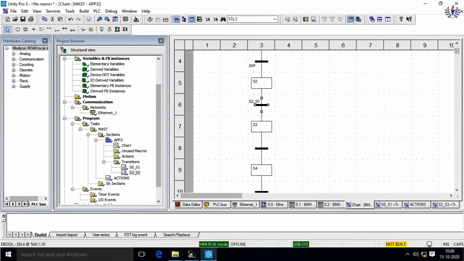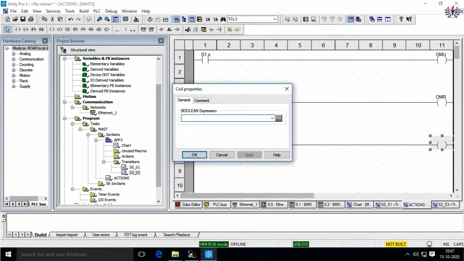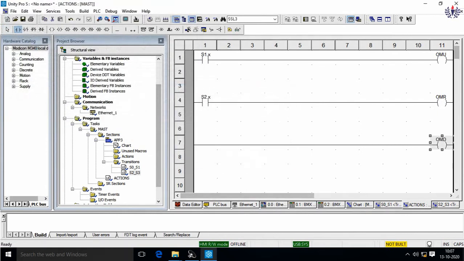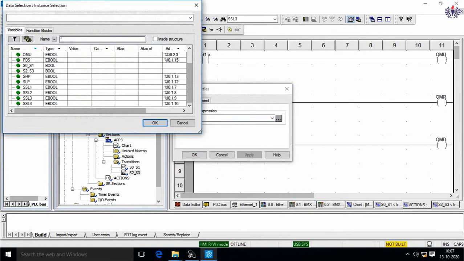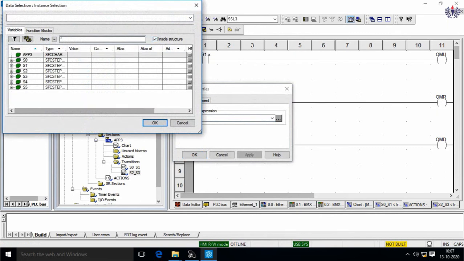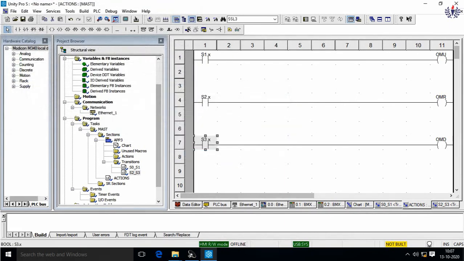So coming back to the chart, here I can give the action plan in the S3. That is, I have given a transition here. Whenever it is in slot 2, slot 3, or slot 4, it should come down. So that is the action plan in the S3. So I will take an output here, OMD, and I will name it as OMD. Okay, fine. For this, what will be the input? It is S3.x. I think you might have understood. So here I'm going to take inside structures, step 3.x. Okay, so this is fine.